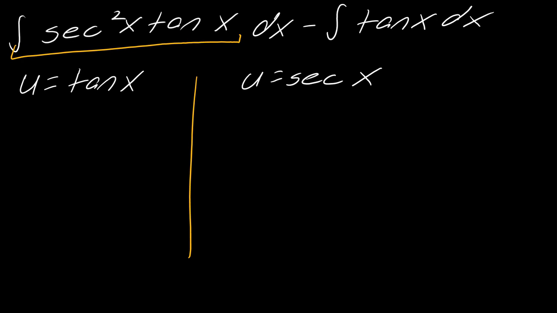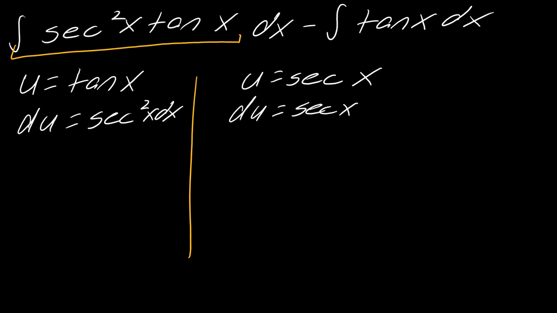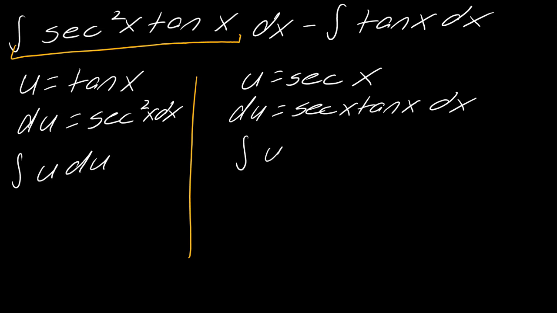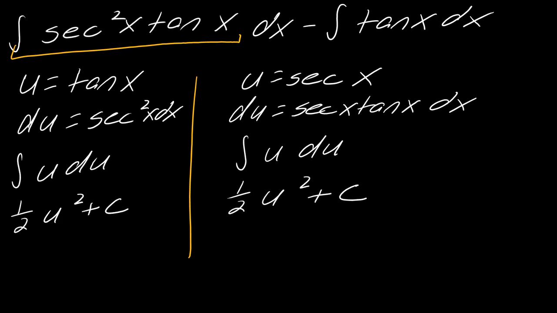So here's what we're going to do. In this first case, my u is tangent, so my du is secant squared x dx. And for the second one, my du will be secant x tangent x dx. Okay, so let's go ahead and evaluate each integral. So this will be u du, and this one will also be u du. And now if I integrate for both of these, obviously I get the same u integral. But what's interesting about this is that when I plug my function back in, I get two different integrals,